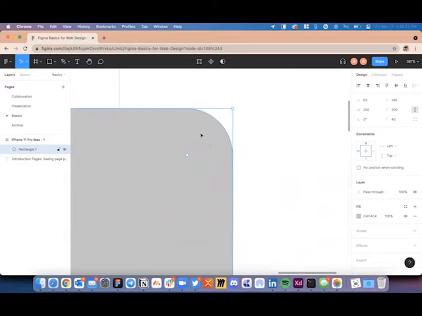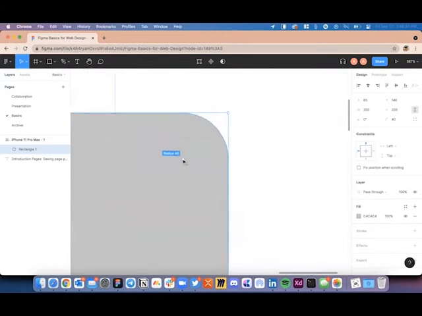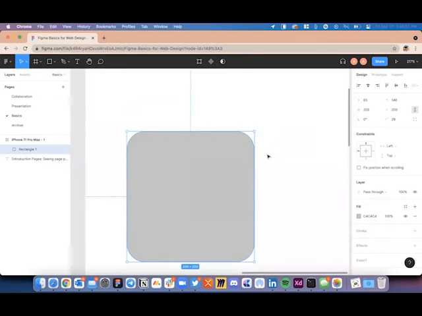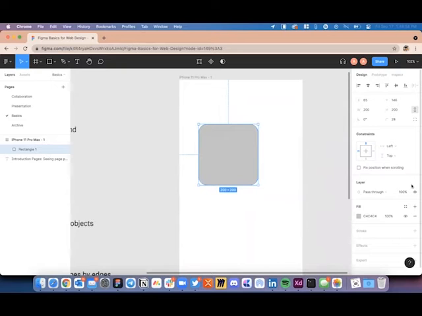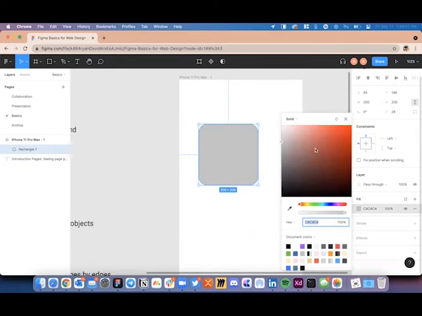Also, when you hover your mouse over the object, you will see a circle icon on the edges, which will allow you to adjust it manually. Sometimes you don't get an idea of how much the corner radius should be, but when you do this manually, you get a better idea as to how much you want it to be. So this is also one way of interacting. And of the other properties that we can see, the fill property is the same as the frame. You can go ahead and choose any color you want.